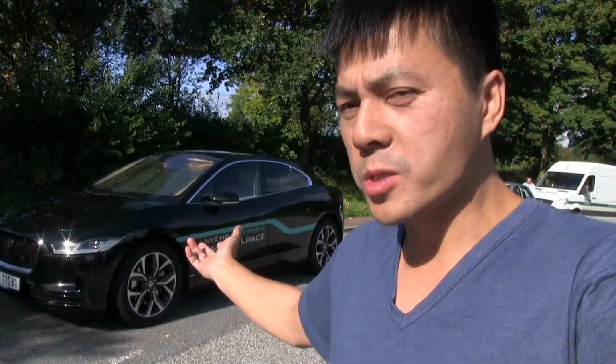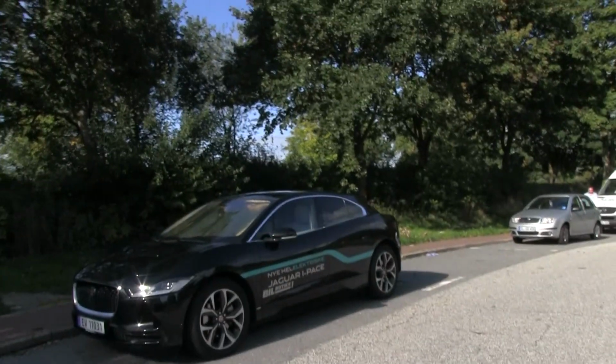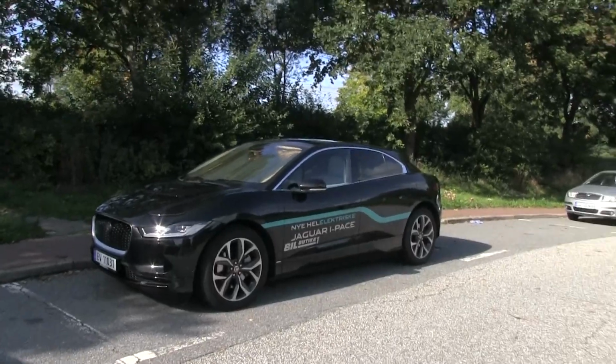We are in Germany, and this is the Jaguar I-Pace, which I slept in last night. Well, for a couple of hours. I have very little sleep. You see here, but I will show you that it is possible to sleep in the back here if